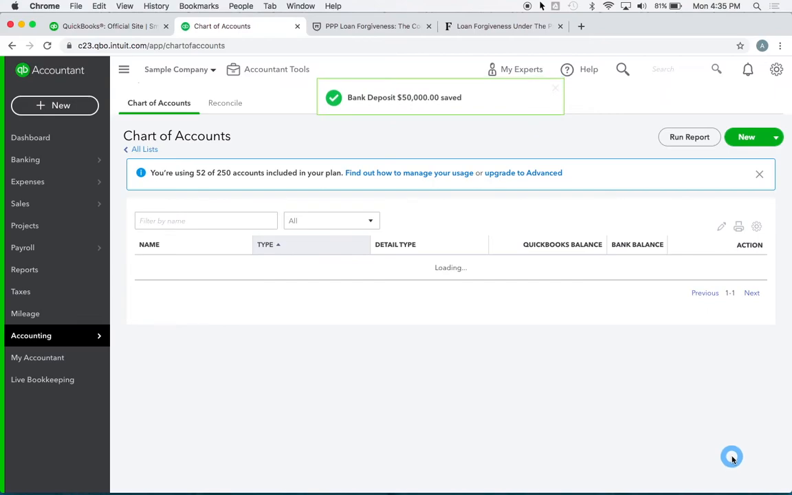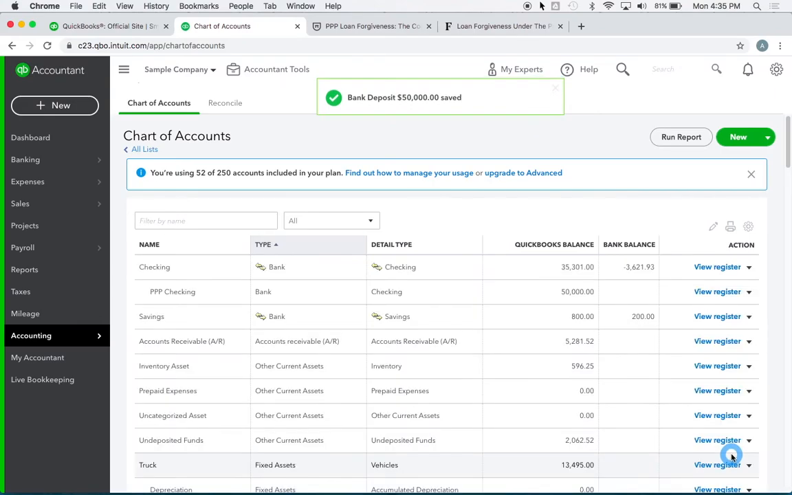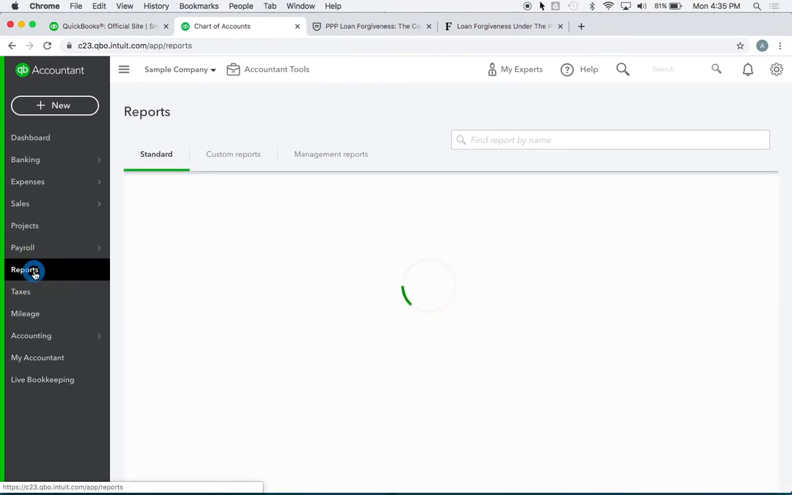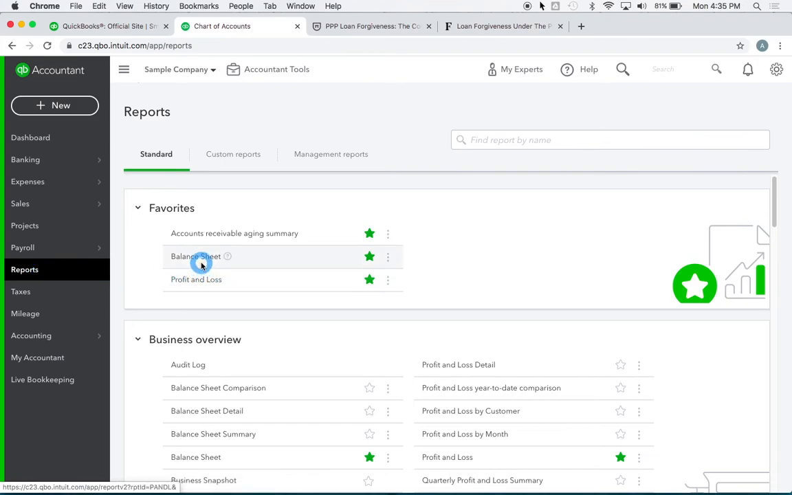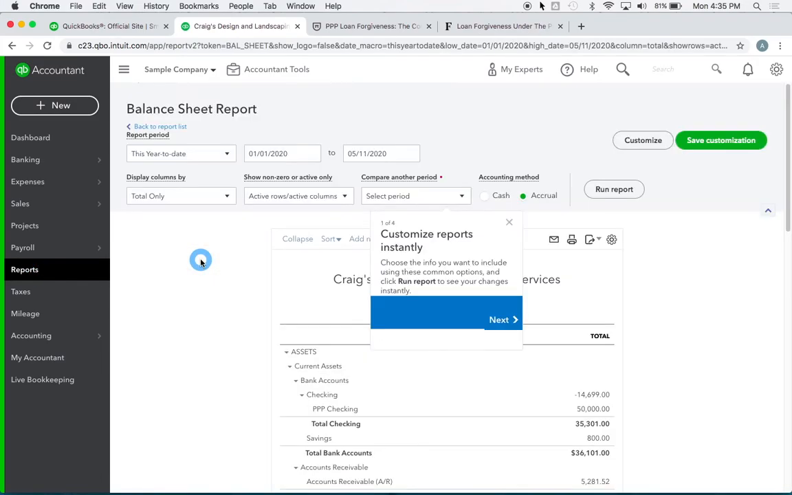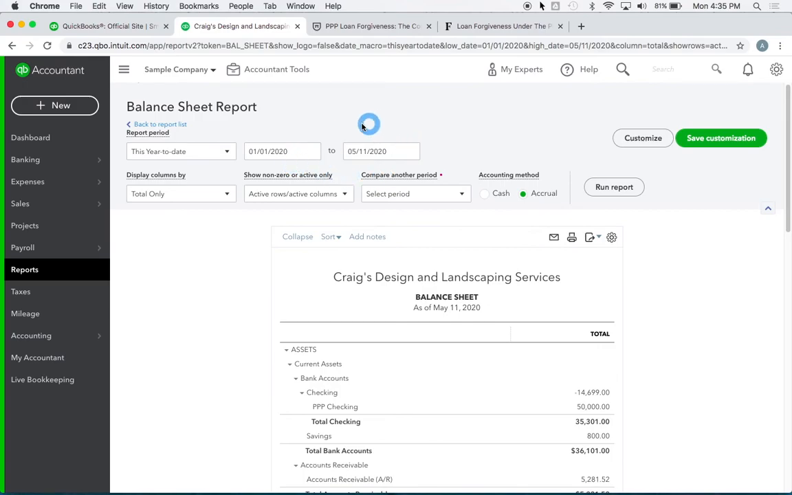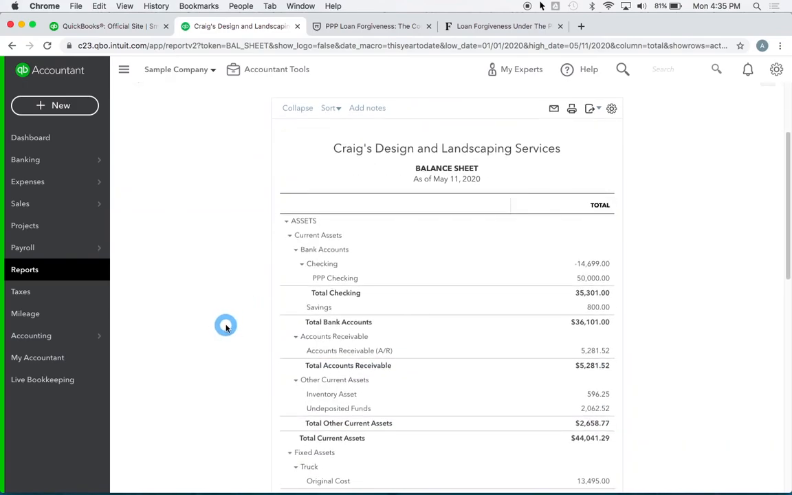And then I want to run a balance sheet so you can see what we just did. So under Reports on the left here, if you click on Reports, and then if you go to the balance sheet, and again, keep in mind the balance sheet's a snapshot so you can see where things stand as of today. If you just run it through today's date, May 11th, you'll see here that in our total checking account, it